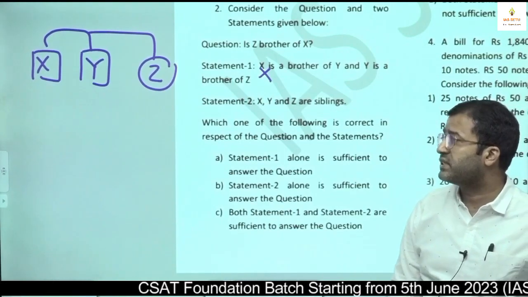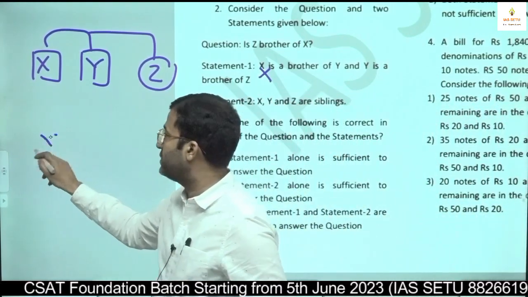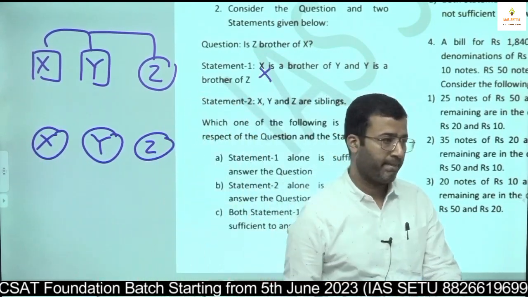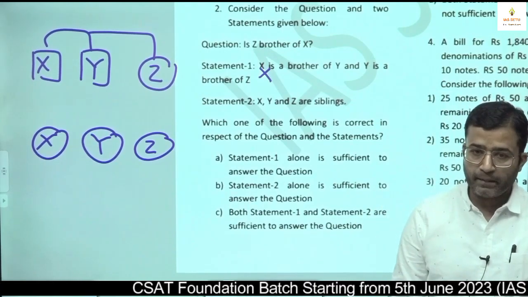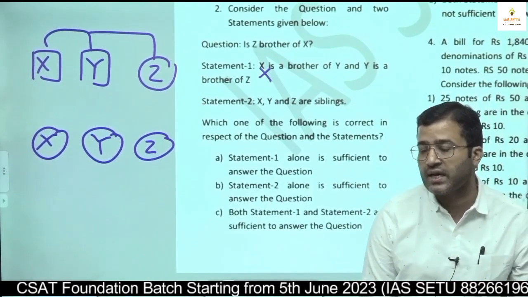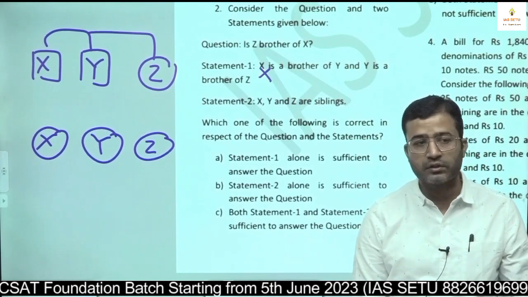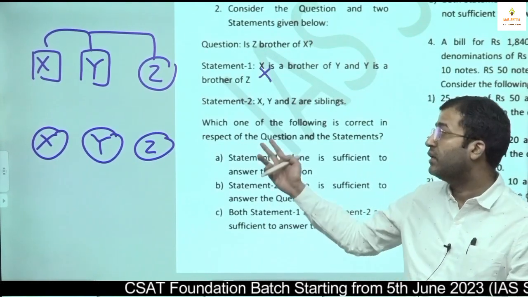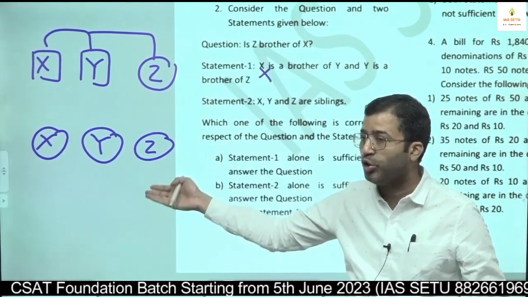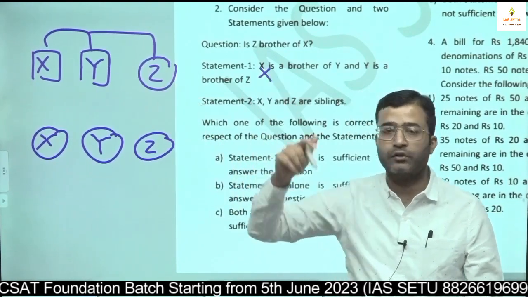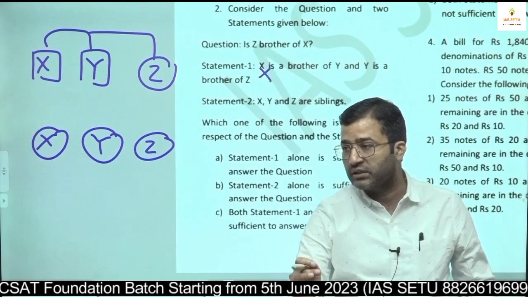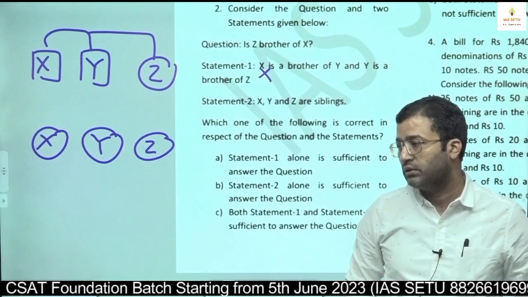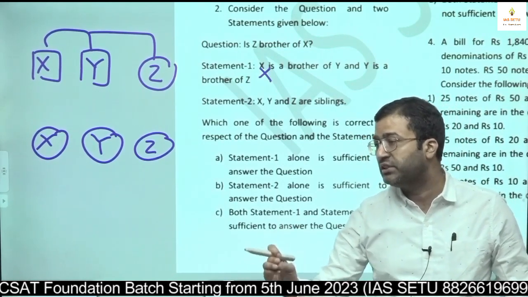Then statement 2 says X, Y, Z are siblings. इसमें तो किसी का भी जेंडर नहीं पता चल रहा. पहले में कम से कम X और Y का तो जेंडर पता चल रहा था, यहां तो उसका भी नहीं पता चल रहा. Even though statement 1 is better than statement 2, we have better confirmation. But here, if you use both together, then also you cannot confirm the gender of Z. We don't know whether Z is brother or Z is sister, even by using both the statements. दोनों स्टेटमेंट यूज करने के बाद भी Z का जेंडर नहीं